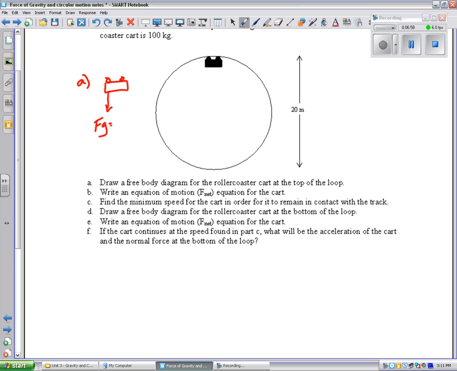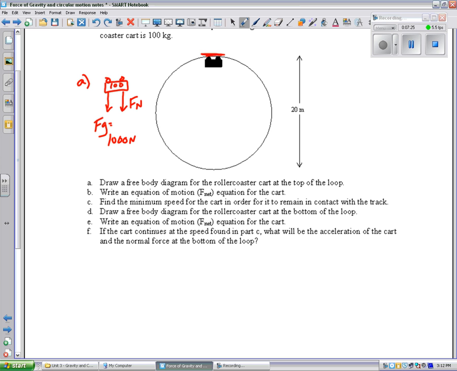And if the mass of this is 100, we know that the force of gravity is going to be 1,000 newtons. Now, this might be a little surprising, which is which way the normal force is pointing. But right here, the track is above the car, so the track is pushing down on it. So the normal force is actually down, like that. Now, if we ignore friction, there are no other forces acting on it, and that is our complete free body